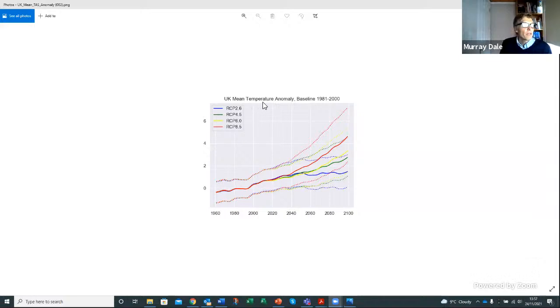I've got a plot here, which if I can share my screen, will illustrate that the UK mean temperature anomaly shows that all emission scenario pathways, the RCPs, are quite close when it gets to about 2040, but it's only beyond 2040 that they start to diverge somewhat, particularly RCP8.5. So that's why I made that statement about 2040. This is temperature and not rainfall, but temperature and rainfall intensity are very closely linked. And there is a relationship that's been well observed, the Clausius-Clapeyron relationship, it's termed, that relates temperature increase with increase in relative humidity,